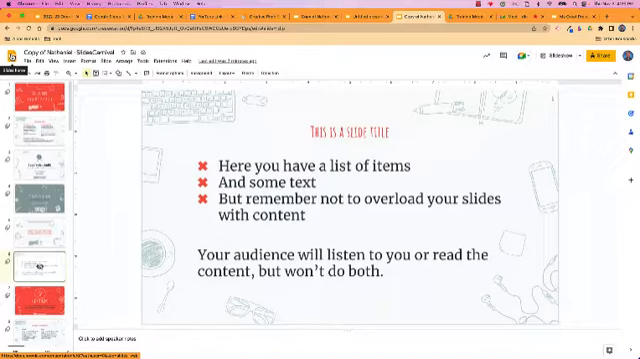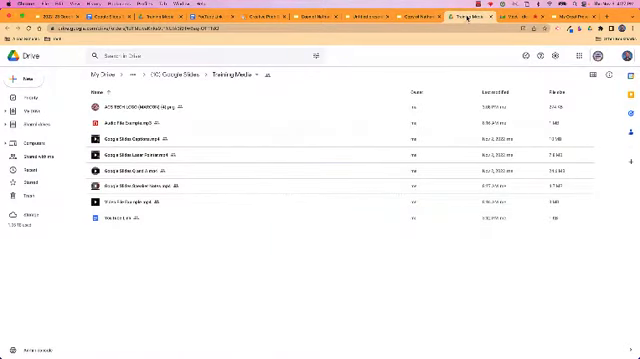All right, presenting, downloading. Okay, speaker notes, captions, and laser pointer. Let me show you what these look like. All right, so I'm going to go back to the training media resource folder here,